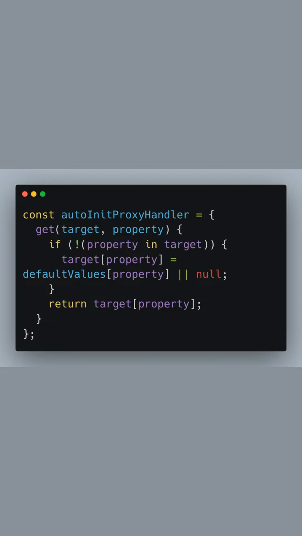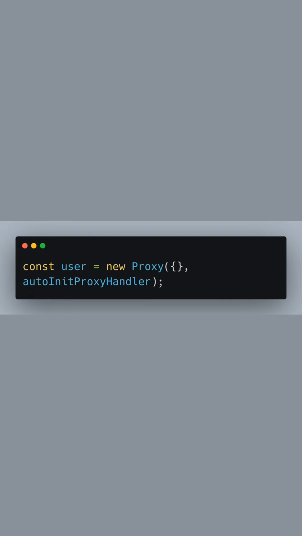predefined default. Now we're creating a proxy for an empty object. We pass the auto-init proxy handler as the second parameter. This proxy object represents our user, and it will use our handler to initialize properties on the fly as they